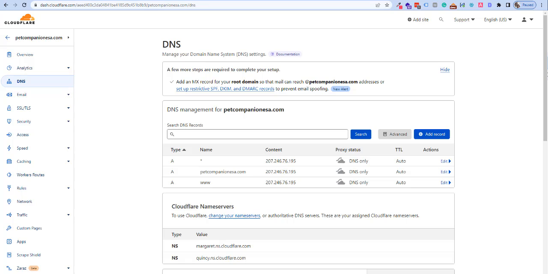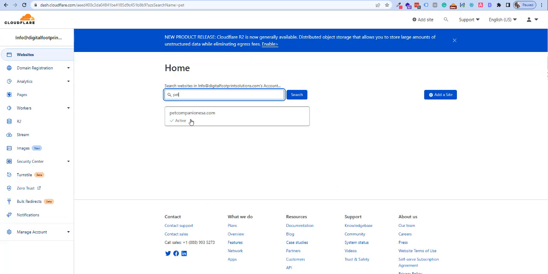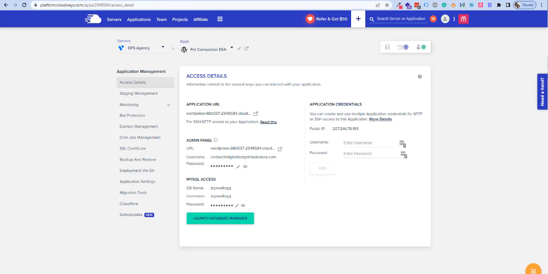So now what we need to do at this point is we just need for the propagation of the DNS to take place, which typically would take about 5 minutes or so, sometimes a little bit more, sometimes a little bit less, but you can go ahead and check it. So for right now, I'm just going to go ahead and pause the video and come back once that is done. Alright, so I'm back. Let's go ahead and check to see if it is active. So we're going to click on our little Cloudflare icon right there. Inside the search, we're just going to type the name of our domain. And yes, it is active. So we're all set and we're ready to go. Alright, so let's move now to the next phase of migrating the website to the actual domain name.